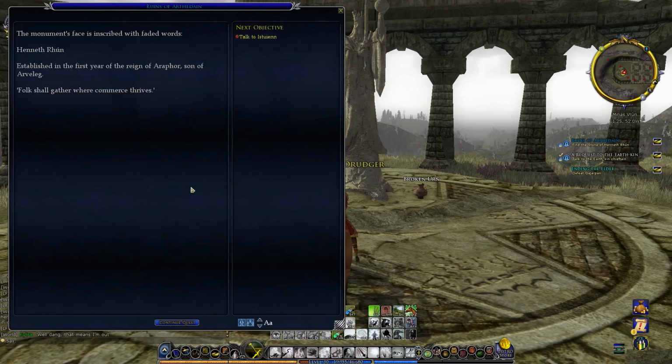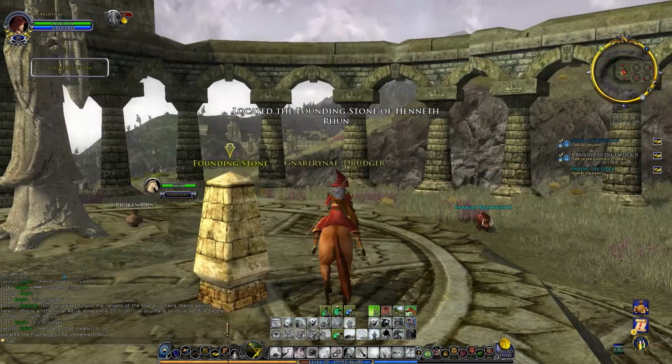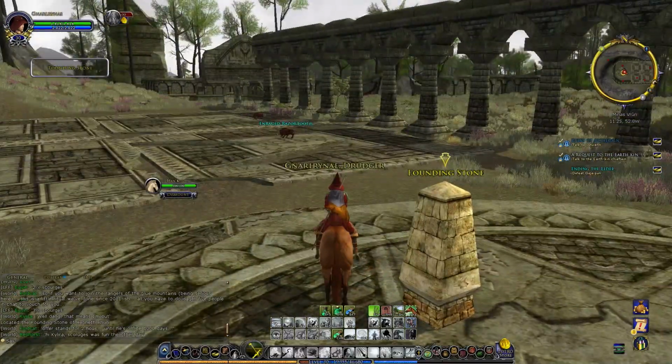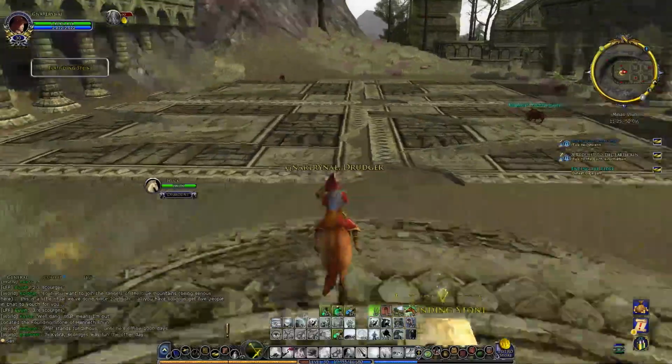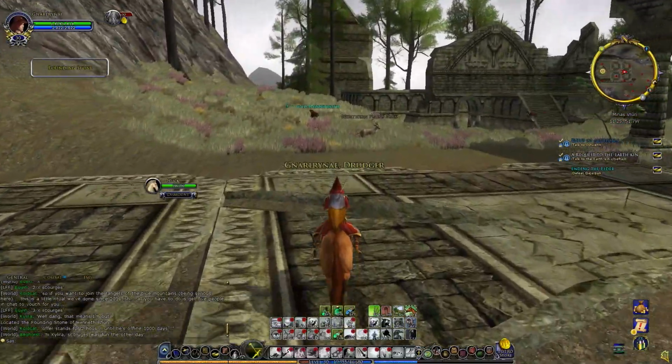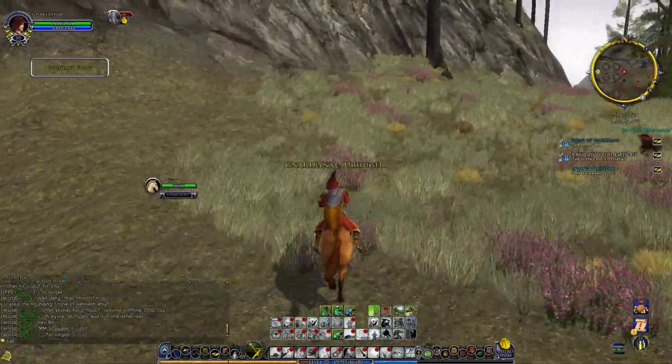The monument's face is inscribed with faded words. Hinneth Rune, established in the first year of the reign of Erifor, son of Arvelek. Folk shall gather where commerce thrives. So apparently this was a big old commerce area, commerce city here. Very cool. All right, now we need to talk to the quest giver guy,